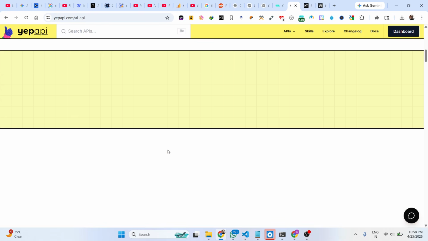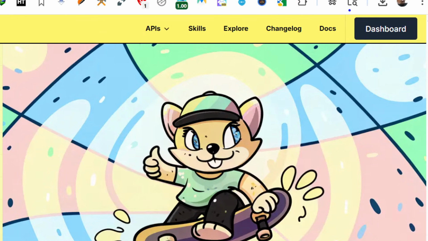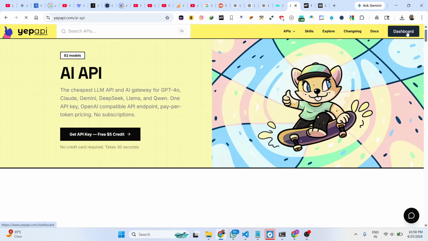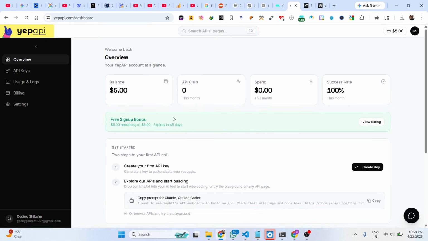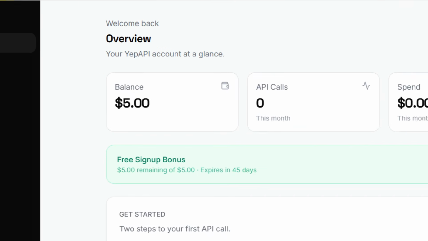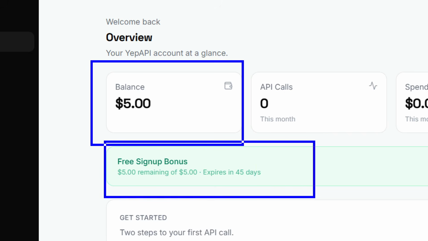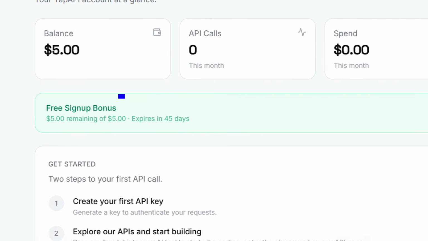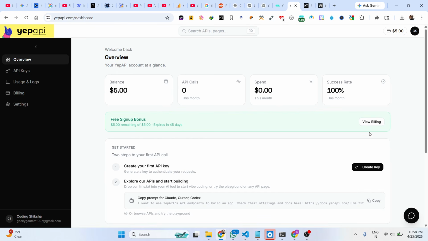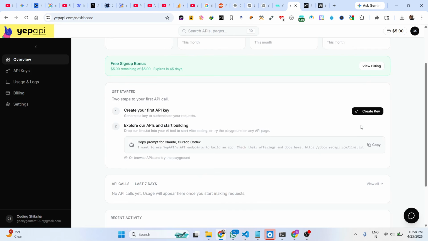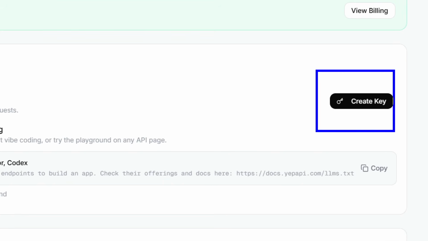Now you can see I've already signed up, so I will simply go to the dashboard section. You automatically get $5 inside your account. You will see that free sign up bonus you get, and it expires in 45 days. The process is very simple. You simply create the API key from here. You click the create key button,